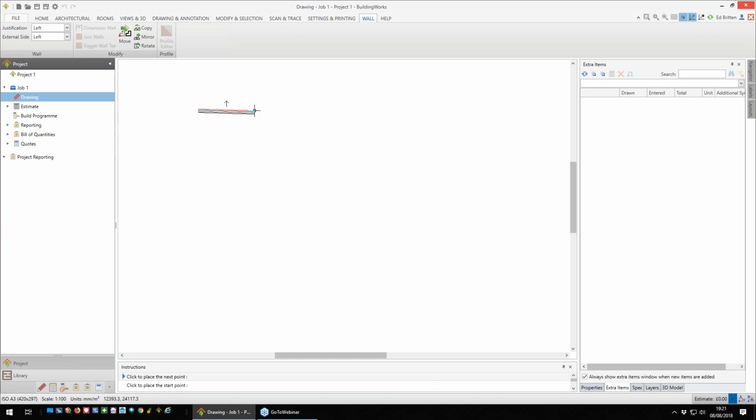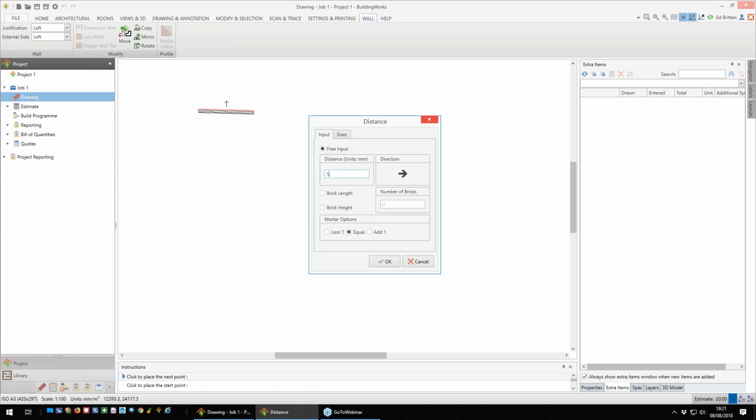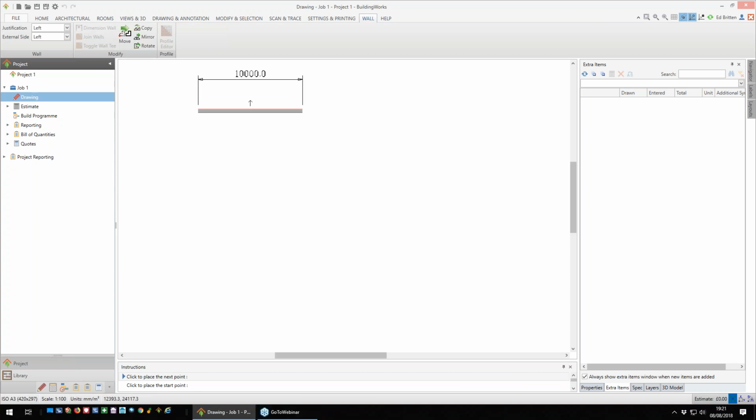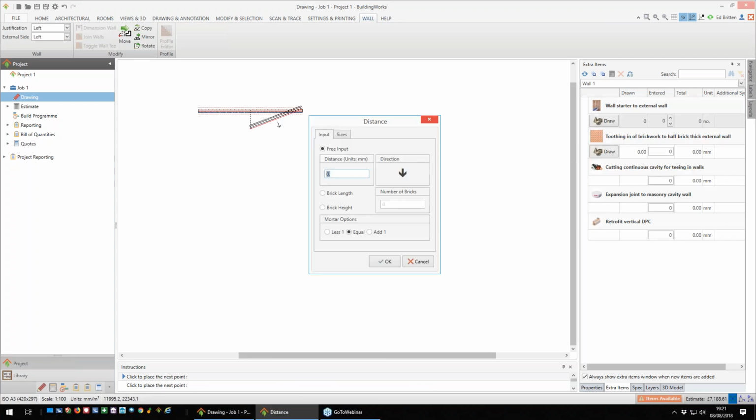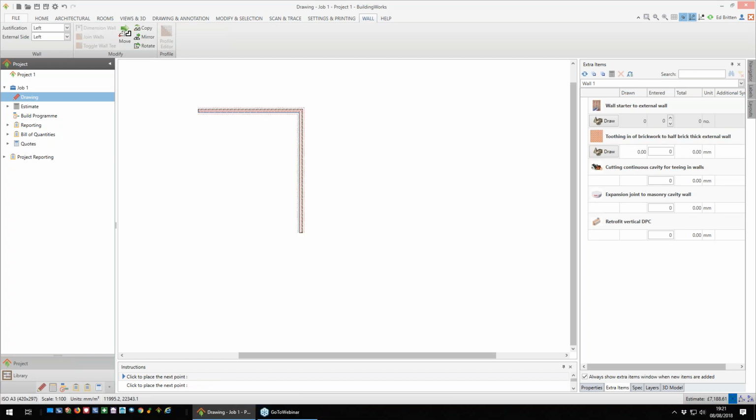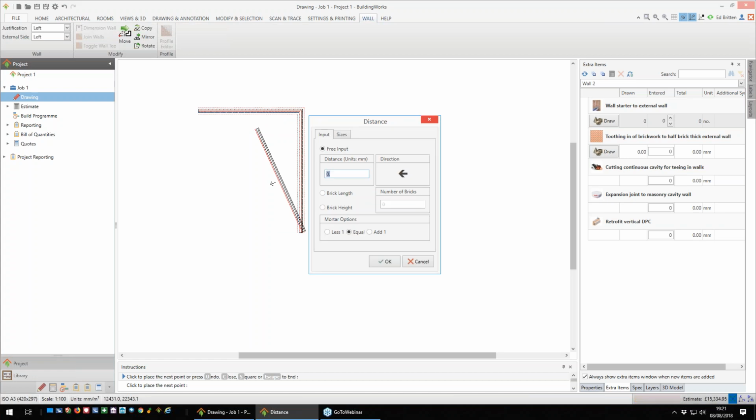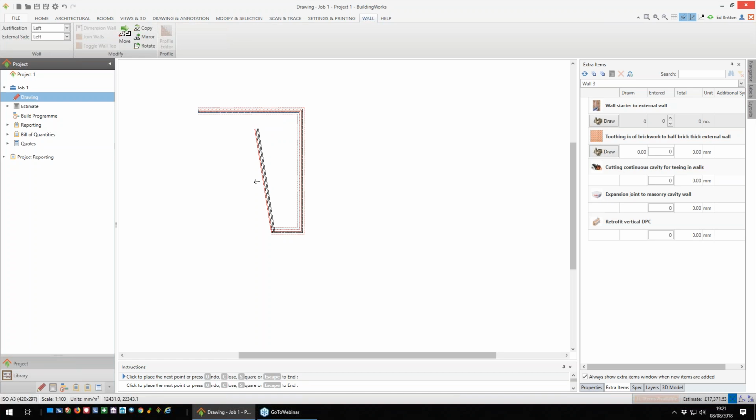Now drawing is very simple. And now once I've placed my first wall point, I can click my right arrow, and I can say, let's go 10,000 for a 10 meter wall, and I can press enter, and then I can hit my down arrow and I can go 12 meters, and I can actually draw my house just using my arrow keys. So I can go left 3 meters, up